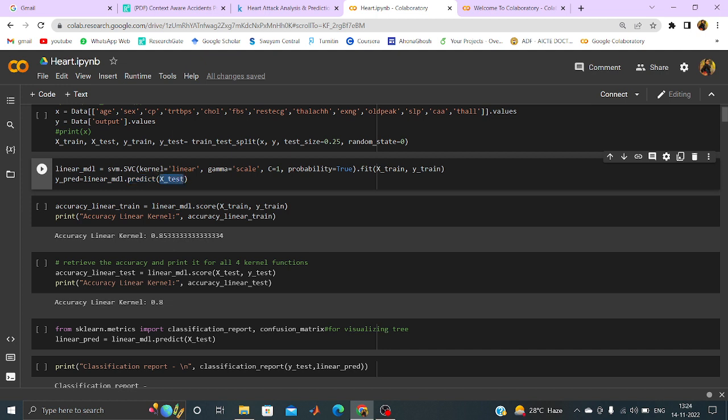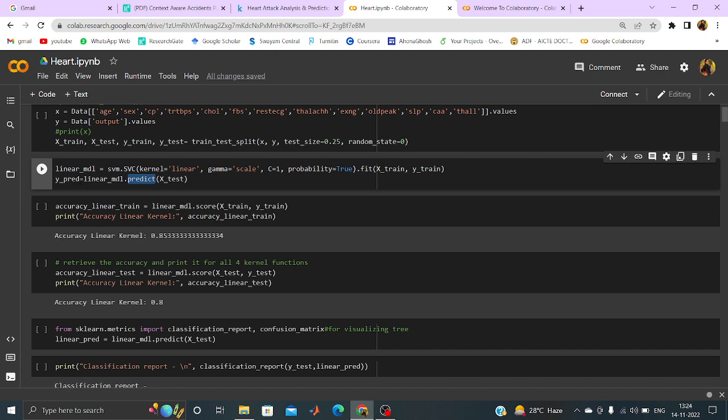So from the testing part, that means from the 25% of my dataset, that is the testing dataset, the X values are only passed inside the predict function, and for that I have to find out the Y prediction, that means the value of Y. The value of Y means 0 or 1. 0 means less chance of heart attack, and 1 is more chance of heart attack. So Y pred will be